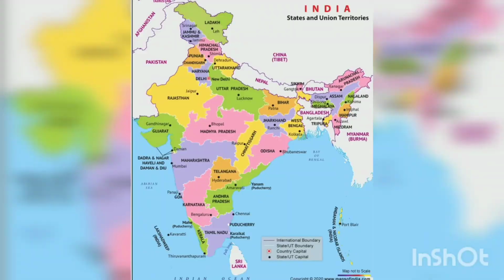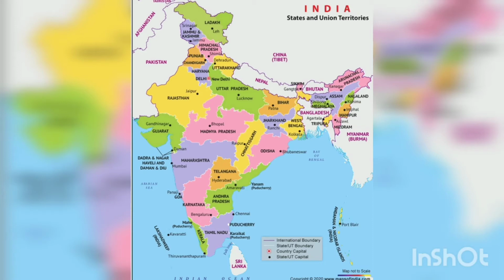Now again they have shown you the political map of India. So you know the 2 new union territories, that is Ladakh and Jammu and Kashmir, and this is where the arrow is showing is your Telangana, which is your state. So this is a map which is demarcating the boundaries of the state.